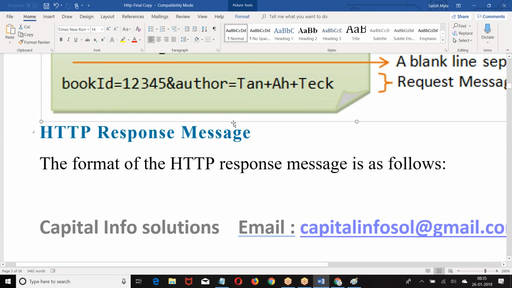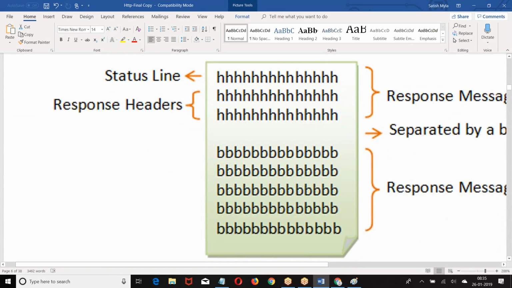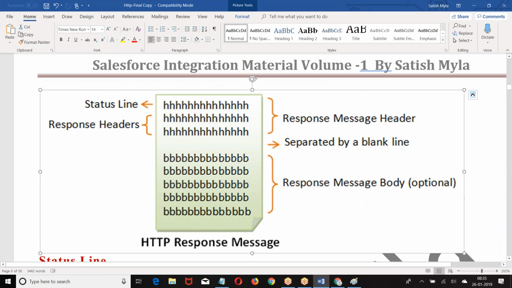Response message. Now what is the response message?